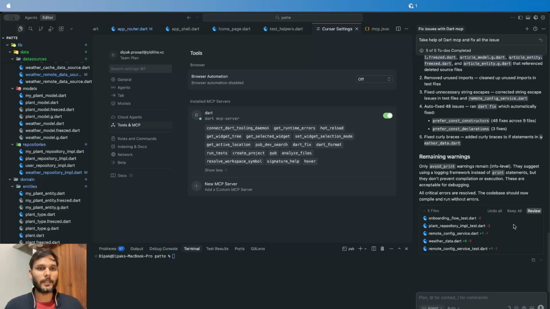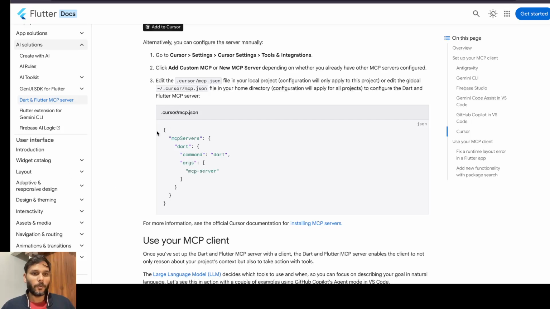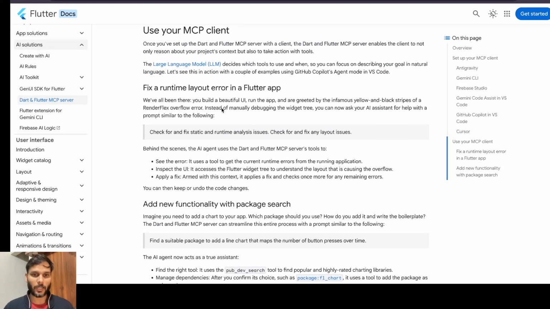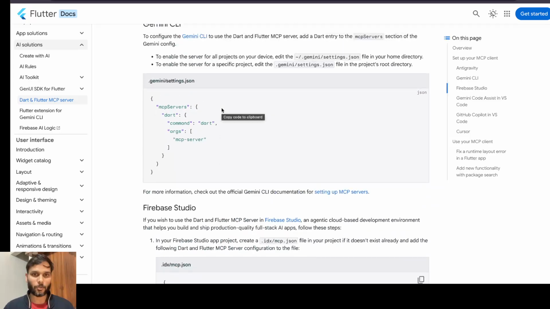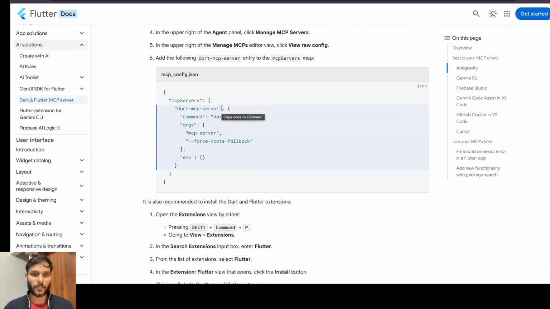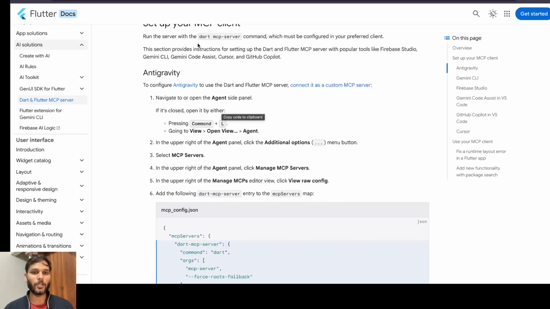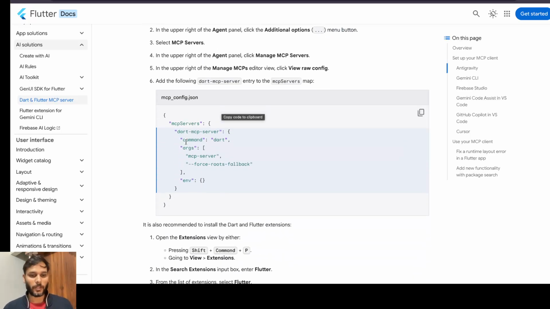In the documentation itself, if you can see, we have the option for adding this MCP tool inside many of the IDEs. There are so many IDEs, and there are specific configurations for each. I also talked about Anti-Gravity, the new IDE by Google, which you can check out in my other videos. You can also integrate this MCP tool inside that